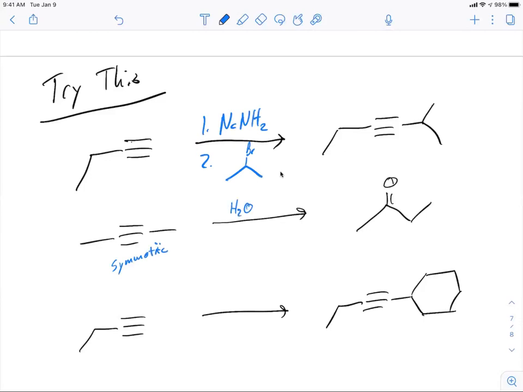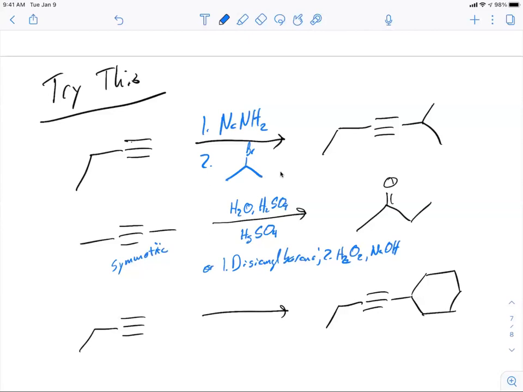So we could do water, acid, and mercury sulfate, right? Or it would have been just as fine to use the diisoamyl borane and the hydrogen peroxide and base. Okay, in this case, it's internal. Either of these would have given us the same product because the starting material is symmetric, right? No matter where I add the first alcohol to form the enol that then becomes the ketone, I'll end up